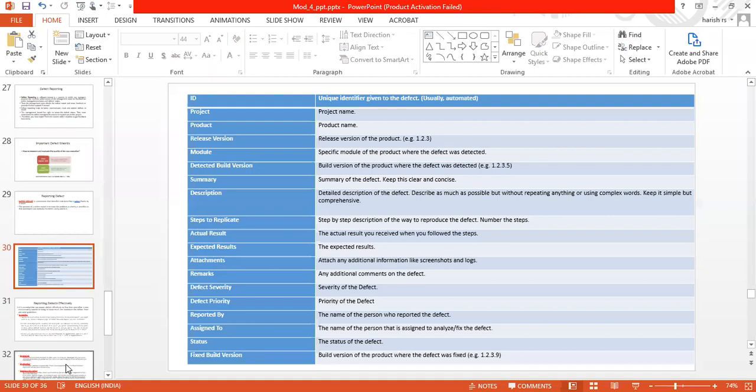Let's say the project name is XYZ, so XYZ.1, XYZ.2, what is the release? Then it talks about the various modules, which module detected a defect.